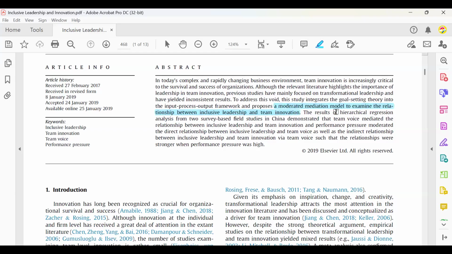We see that a hierarchical regression analysis was used for analysis, and the data came from 2 survey-based field studies. All right, so there is also a note about the findings, but right now, let's look at the rest of